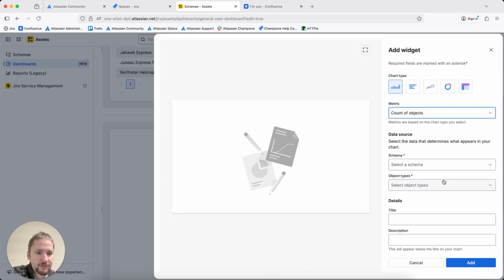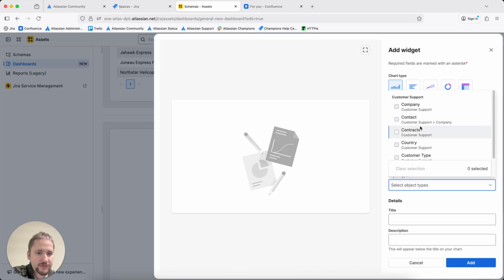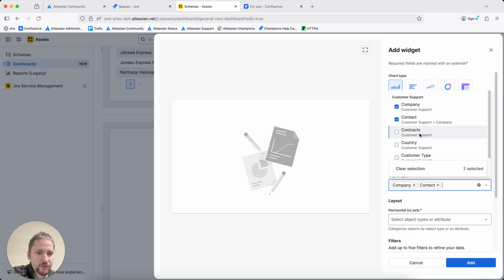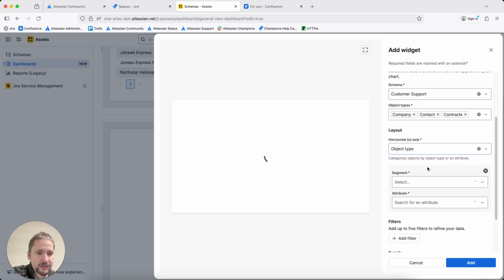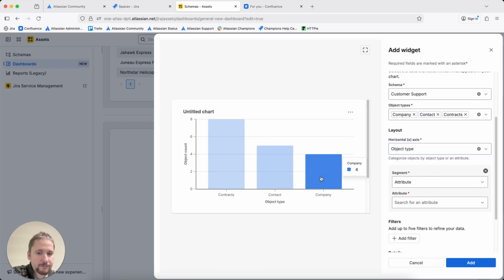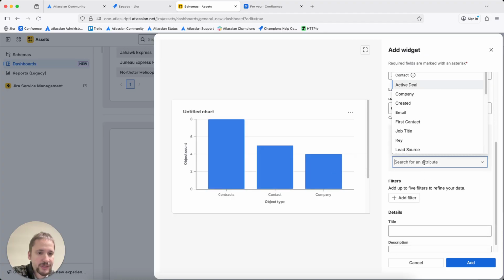Alright, let's go count of objects, and let's go for customer support, and let me go for company, contact, and contracts, and I can go for here. This is what I got. Seems really interesting, so I can add it in here. What the